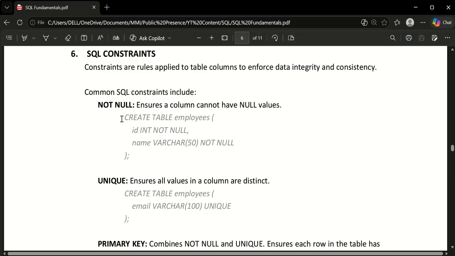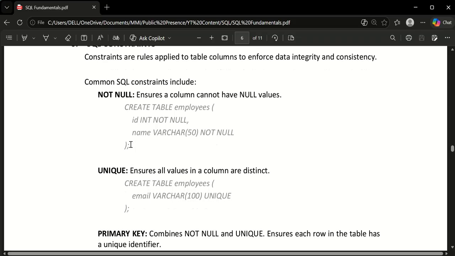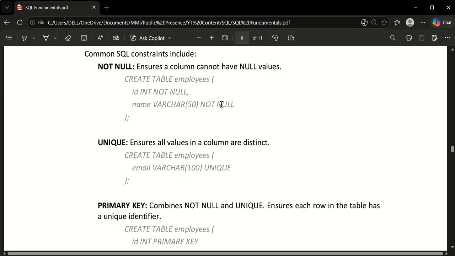Okay. And this is the syntax of writing not null. To create a table, we'll have the keyword create table, then we'll have employees or whatever table name you want. So this will be our table name. Then we can have the column name, the data type, and optionally a constraint. Again, the column name, the data type, and optionally a constraint. Okay, so this is how we can use not null. So I was saying ID cannot be empty, name cannot be empty, right? So we don't have someone registered on our account or on our software or on our application without a name,